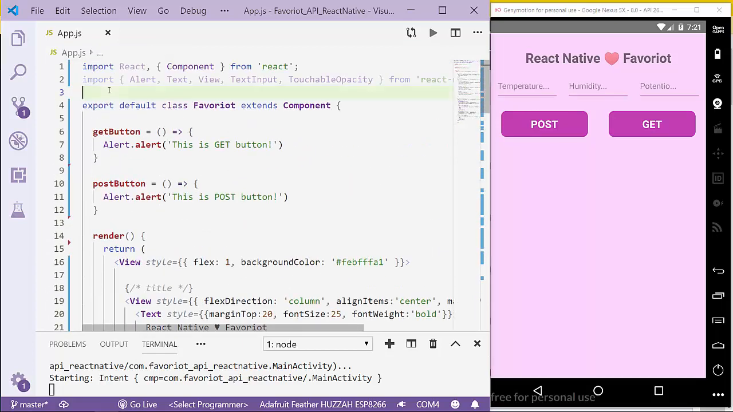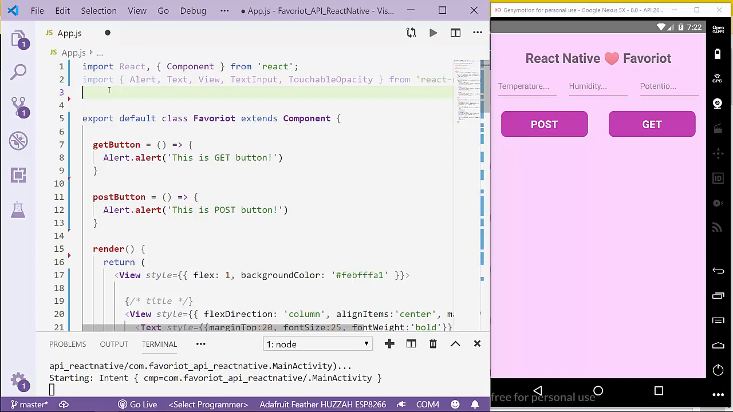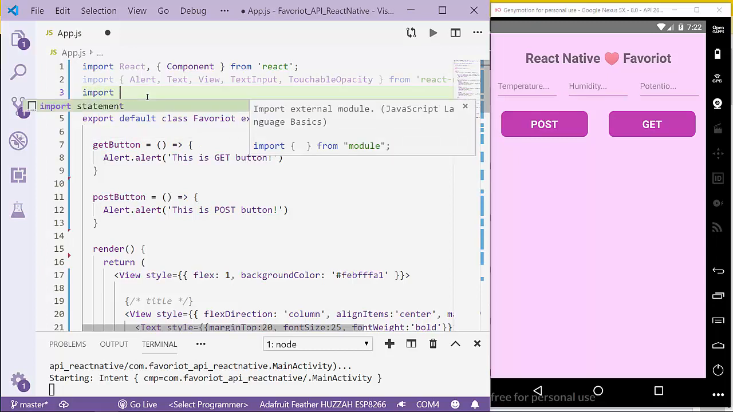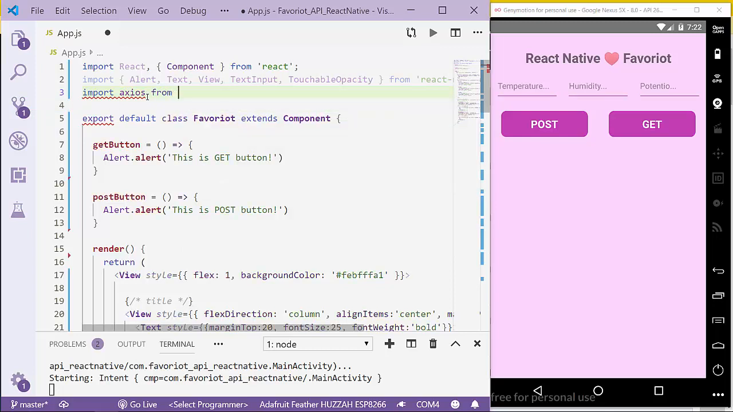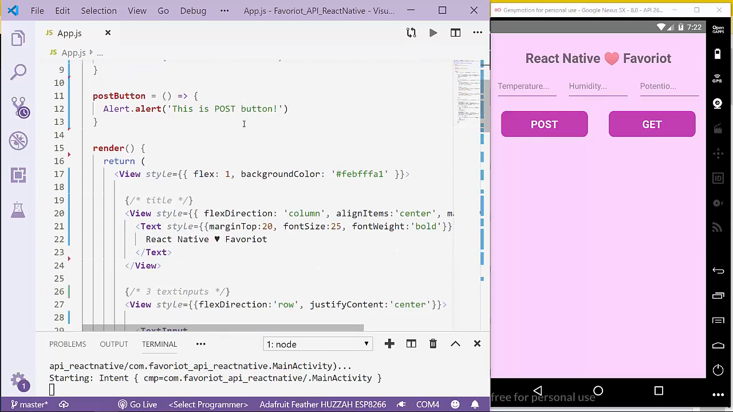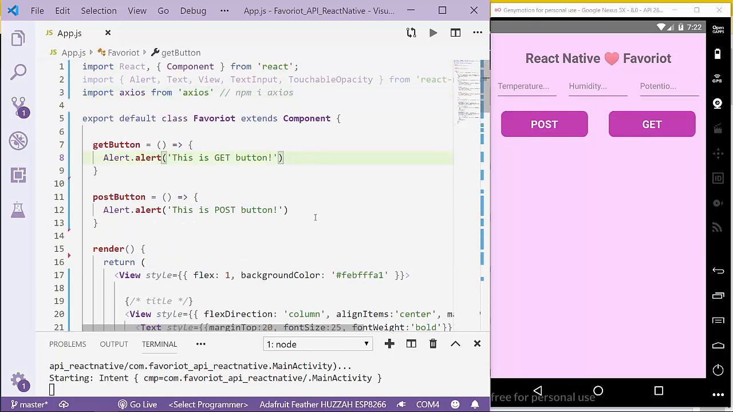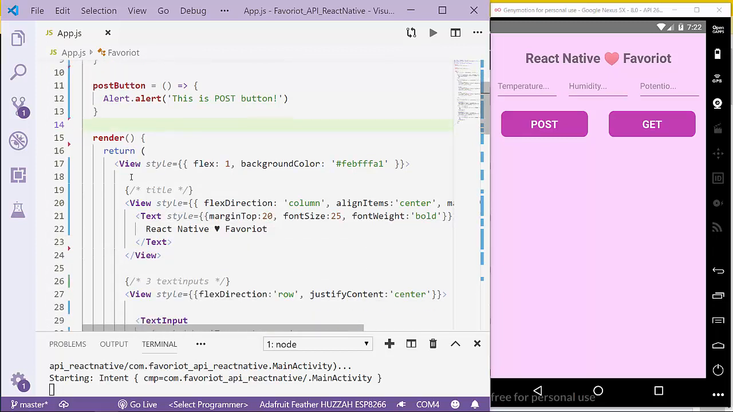Okay, so to create an HTTP request method, I'll use Axios here. Axios from Axios. Make sure you have installed this kind of package. Just type npm install Axios. Okay, I've installed before. So I will create the post button first to post the data from my app to Favoriot data stream. When I click post button here,